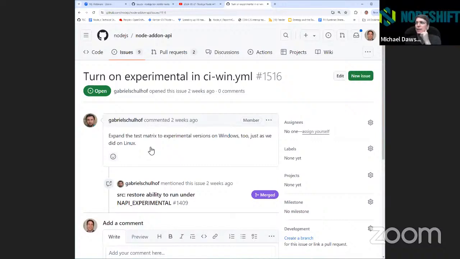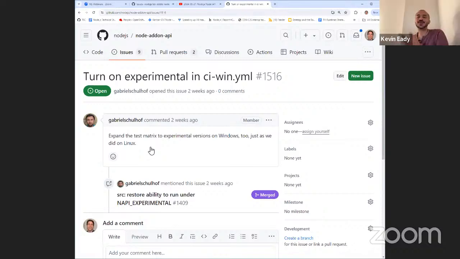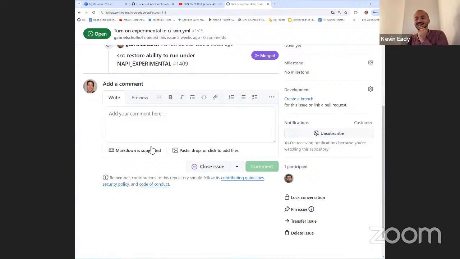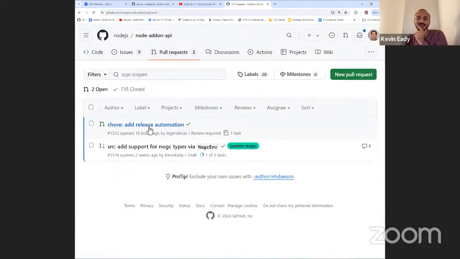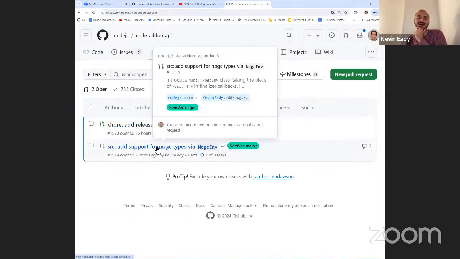And this sort of relates to the PR that I'm working on with the Node.js finalizer, which is only really implemented in experimental. So it looks kind of odd when you're looking at my PR that we don't have any coverage shown.